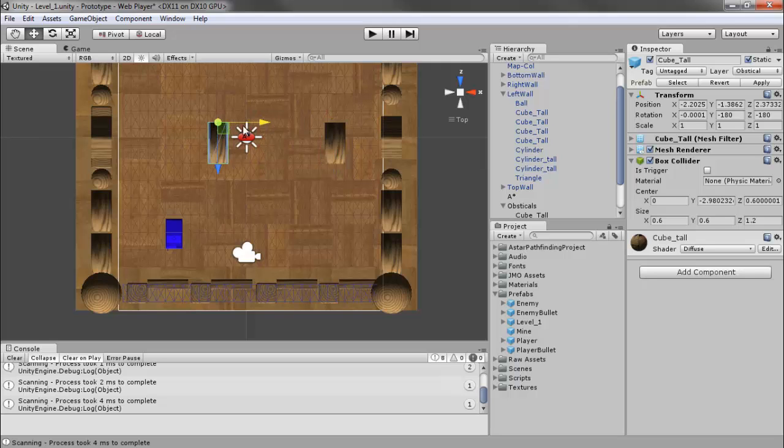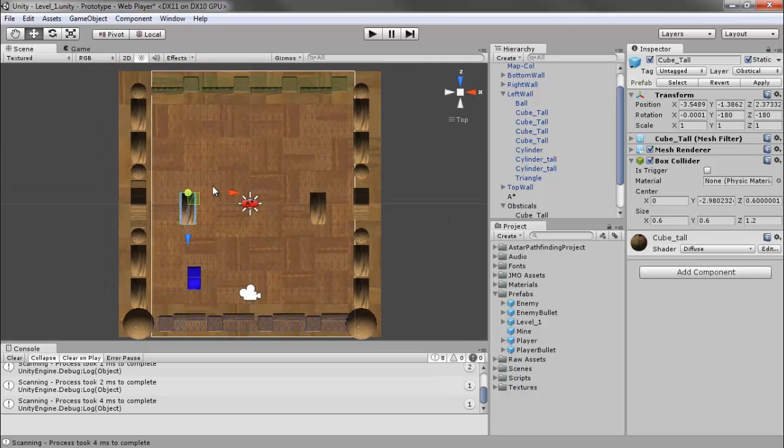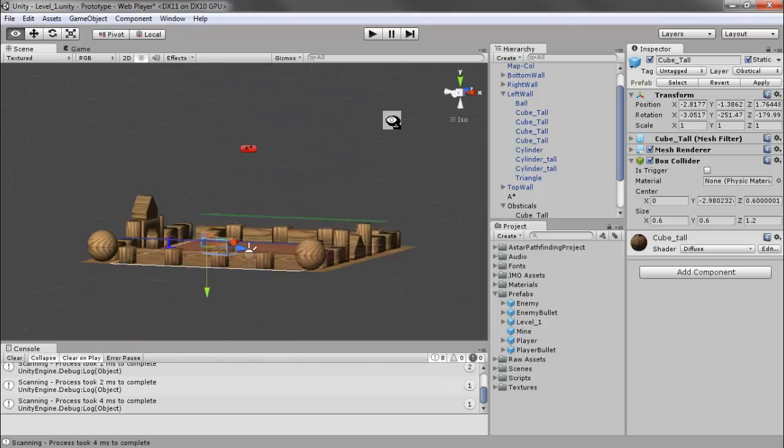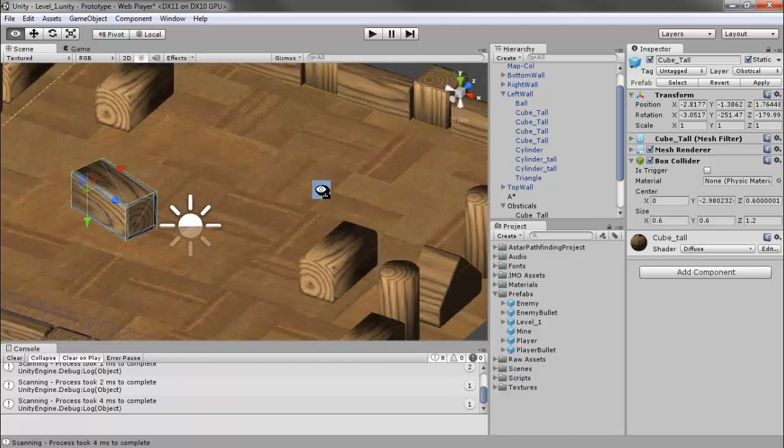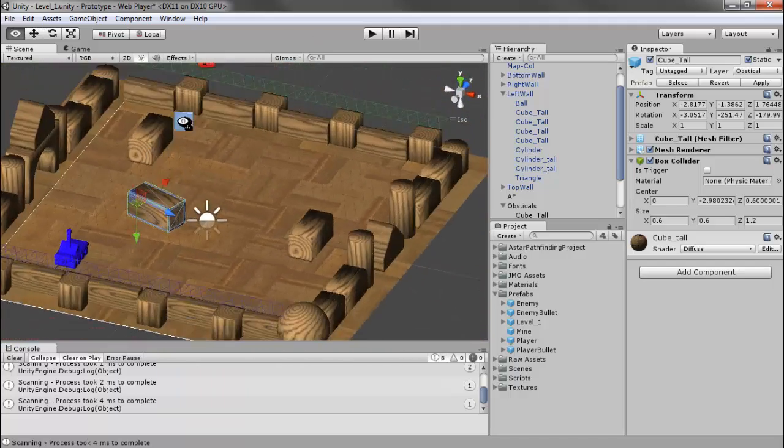I'm gonna duplicate it and bring it out. Just place them randomly throughout the level, probably over here somewhere, and duplicate it again, bring it down here, and maybe rotate it a little bit, about like that, like that. Okay, and so we're not actually getting any non-traversable points,